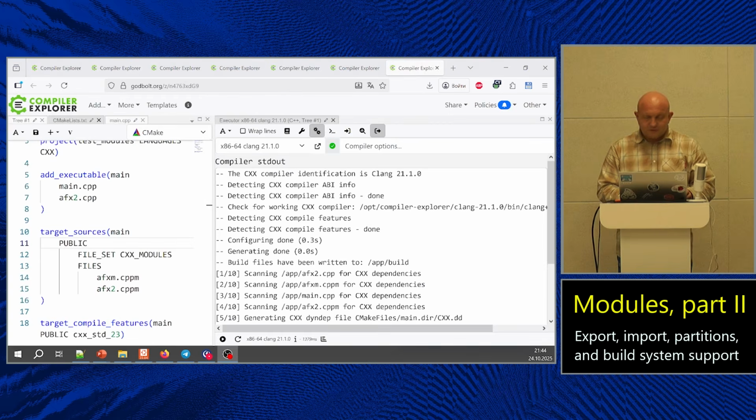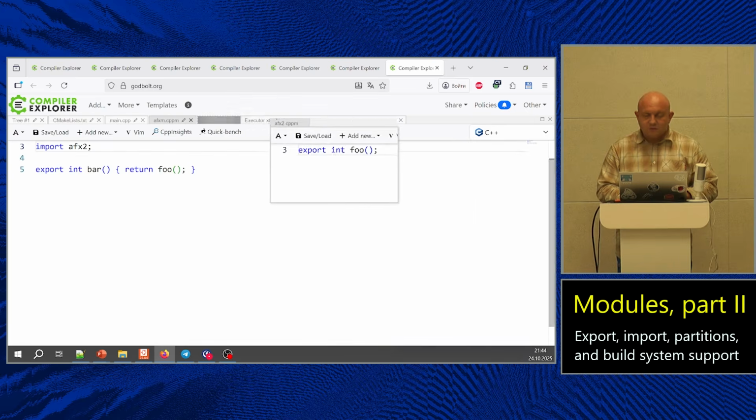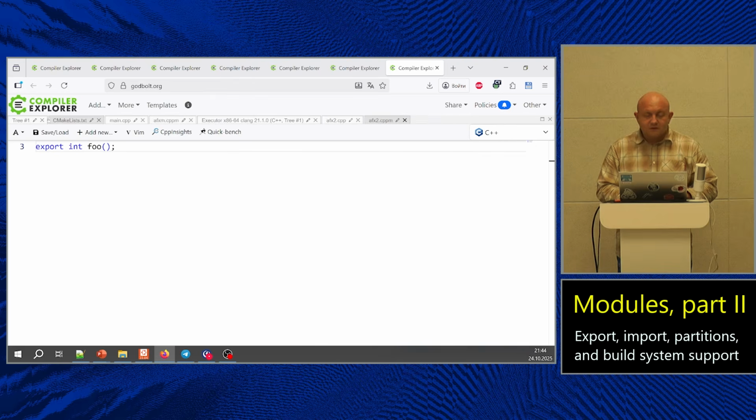And here's Godbolt. Add C. This is minimal required CMake. This is project definition and C++ language. And this is executable. And executable here